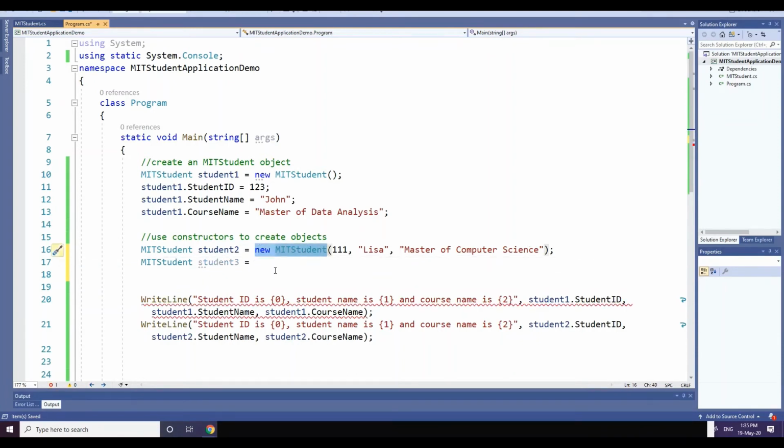2 parameters only. So in here I pass the value 222, and the name of the student is Lisa. Because it just has 2 parameters, I just have to pass 2 values in there. And this time, if you want to display the value of student number 3, you will write the statement similar to here. Okay, so if in here I run this example,